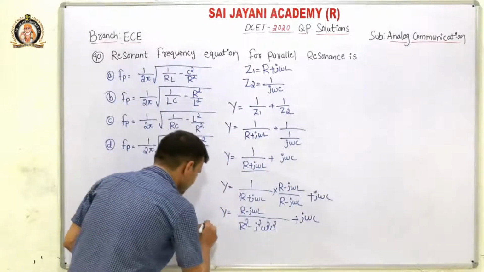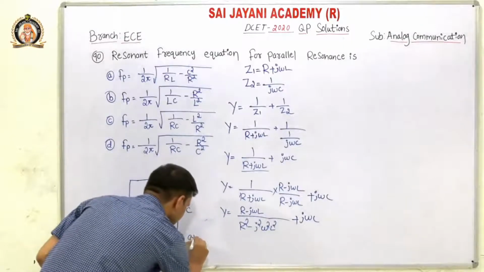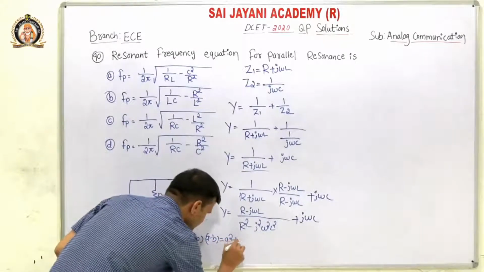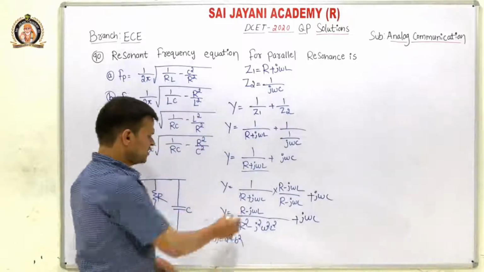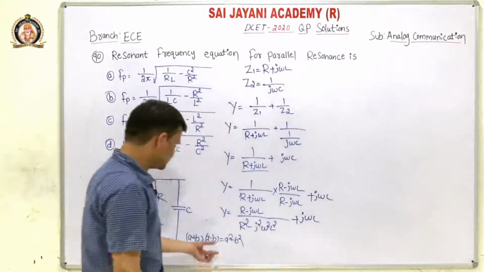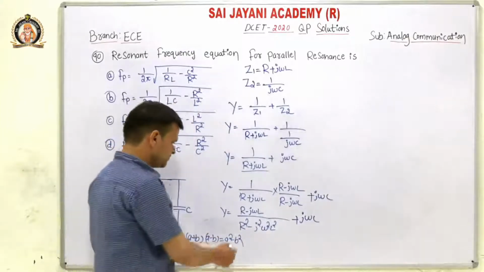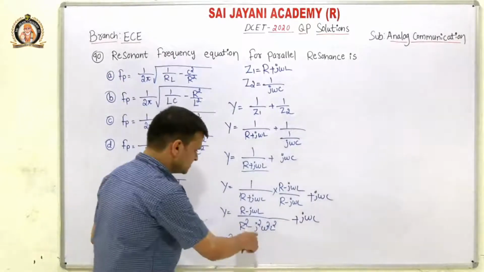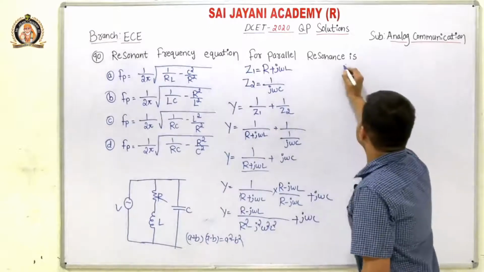That is, (a plus b) into (a minus b) becomes a square minus b square. Here R is a value, so R plus j omega L means a plus b, and R minus j omega L means a minus b, so it becomes a square minus b square. For R it becomes R square, and for j omega L it becomes j square omega square into L square. Okay, then